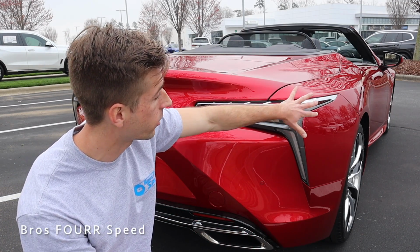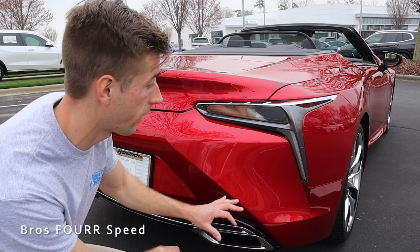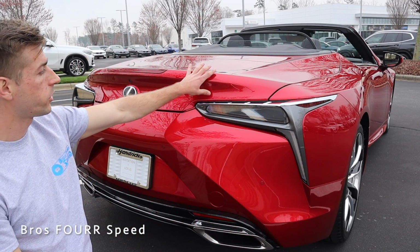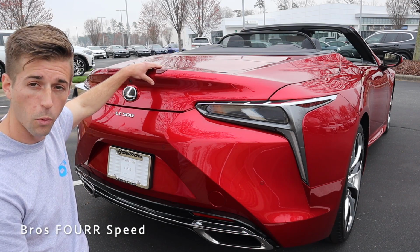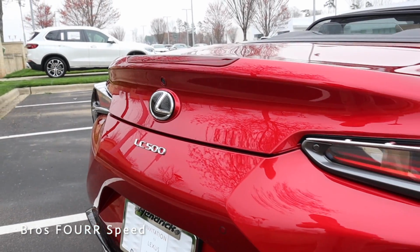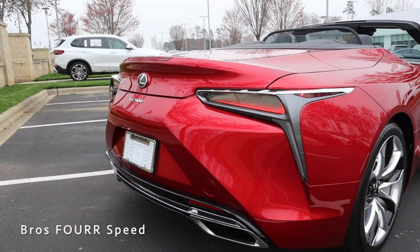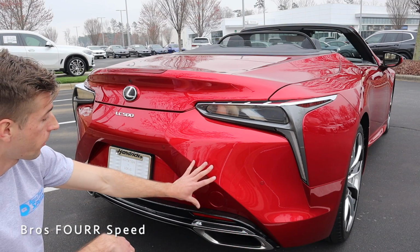I think that gives it a great look, and you can also see just how wide this panel is from this back corner angle here. But now working our way to the trunk here, you'll see there's a really nice line here, gives it a great kind of spoiler design. We have the integrated third brake light along with a backup camera and of course the Lexus badge. You'll see LC500 just underneath that, and then we have the parking sensors integrated into this bumper as well,